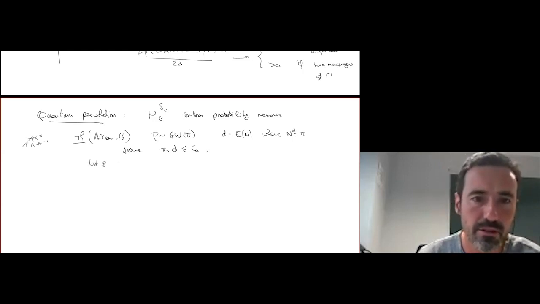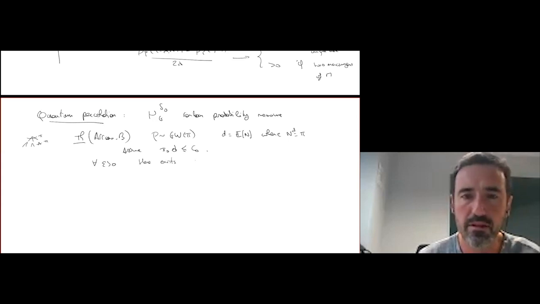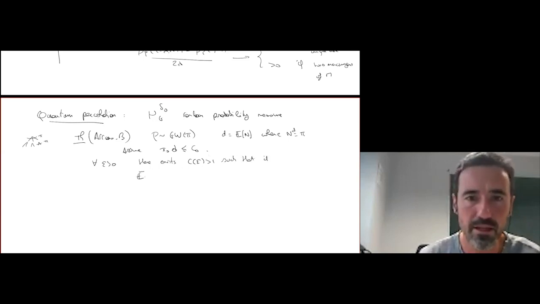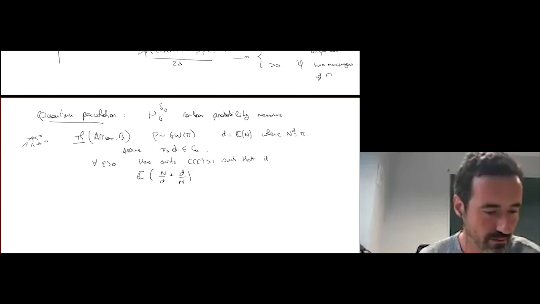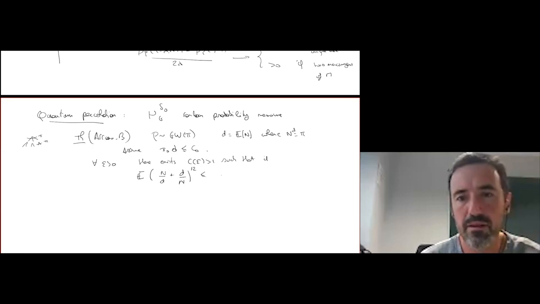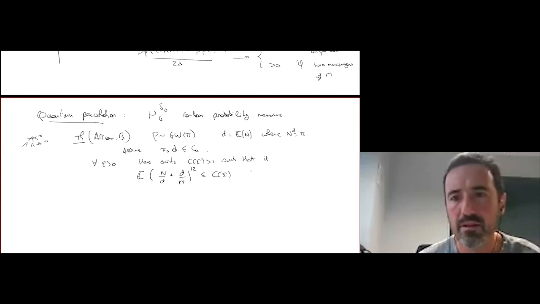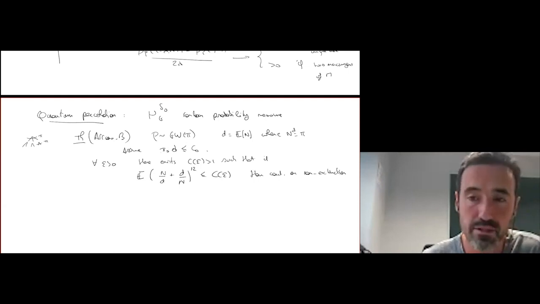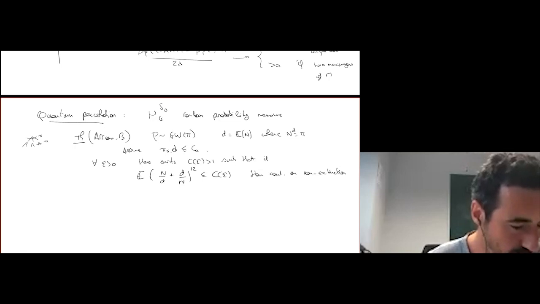Now there are two statements. The first is: for any epsilon positive, there exists a constant C epsilon, which is strictly larger than 1, such that if the expectation of the moment of power 5 or 6 of n over d is bounded by C epsilon, then, conditioned on non-extinction, because as soon as pi 0 is positive, the tree could be finite with positive probability,